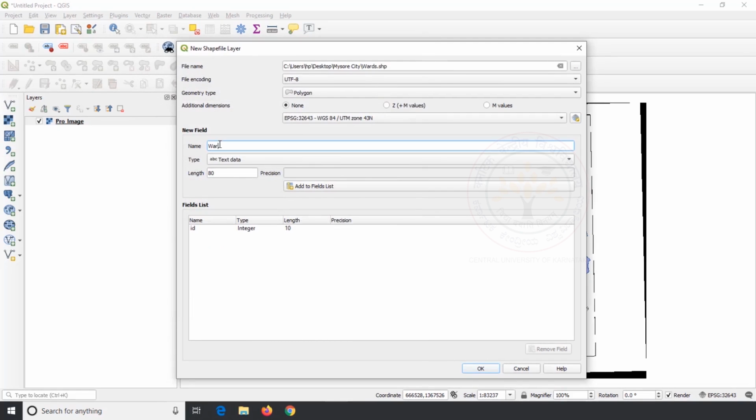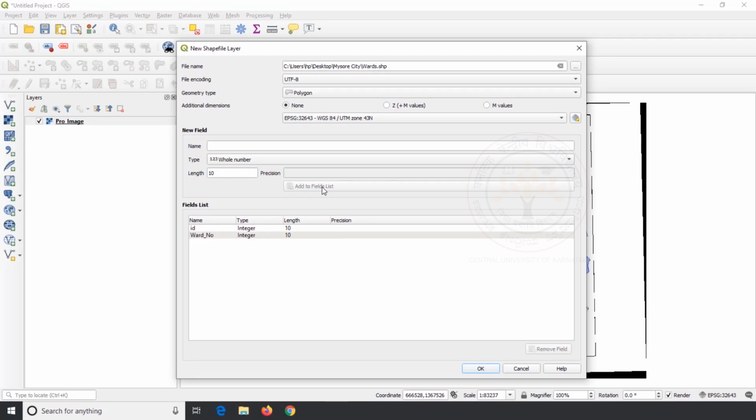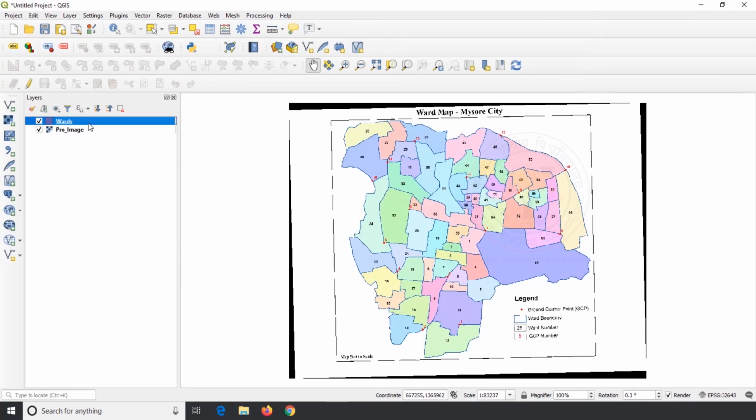Adding the attribute column name as ward underscore number. Type is whole number and let the length be default. Now we can see a ward layer added in the layer panel.